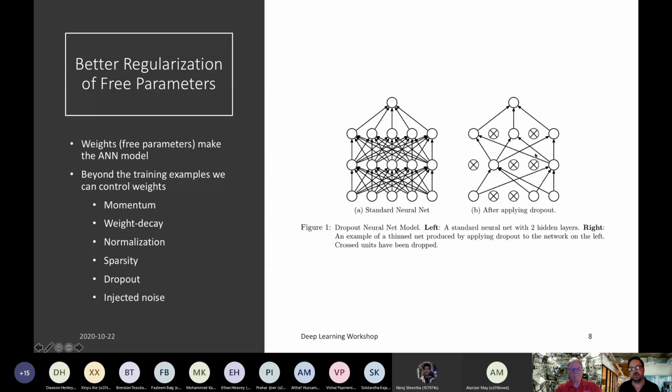So they no longer receive connections from the previous layer, and they no longer produce activations for the ensuing layer. What you get from this unintuitive process is what's known as an ensemble learning style of scenario.